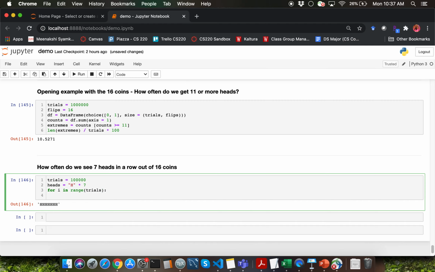What I want to be able to determine is specifically 7 heads in a row, correct? So I'm going to first of all join the result of a choice function call into a string. So let me first call the choice function to choose between heads and tails over here, and I'm going to make it choose for me 16 coin tosses, and I'm going to join the result of my choice.